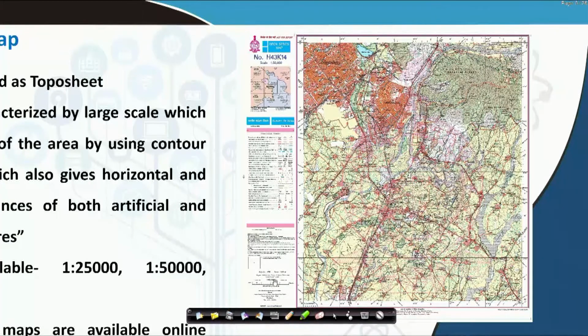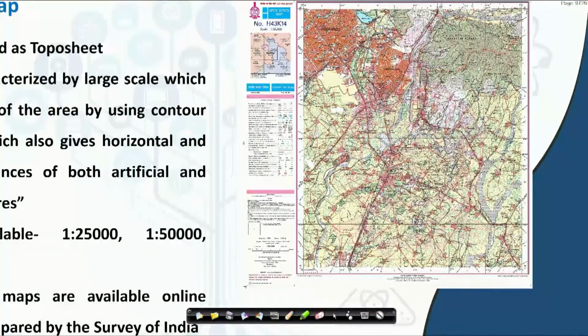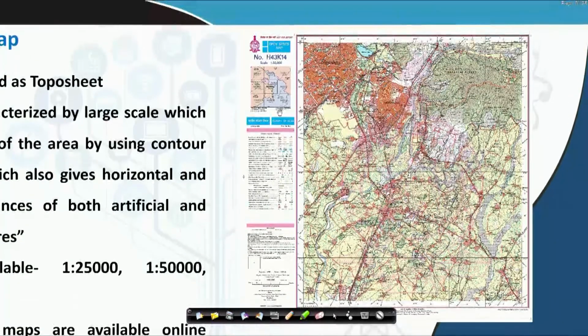You can see here, the scale is also mentioned. You have the north arrow mentioned, and every detail about who has made it and what kind of map it is has also been mentioned in this. So this is the entire complete map that you will have to look at when you are looking at this particular map as a region.